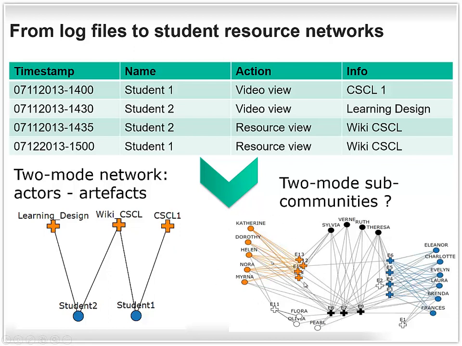Each color depicts a grouping of actors together with events that is more densely connected than the rest of the network overall. So we have the blue group, we have the orange group, and we have a group of black nodes. This is the overlap of the two, so these actors and events would belong to both groups. And we have the white nodes. They are not sufficiently connected to be considered part of any such